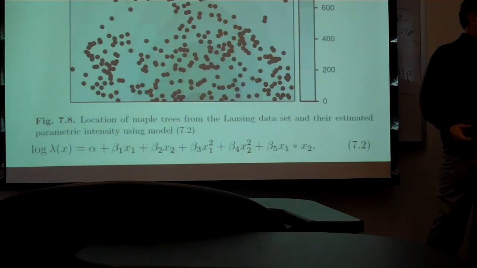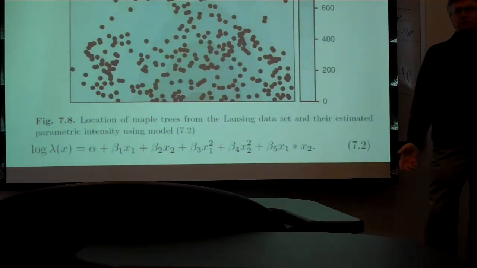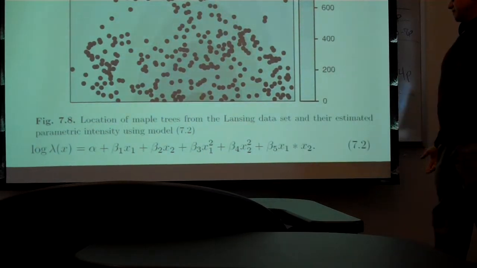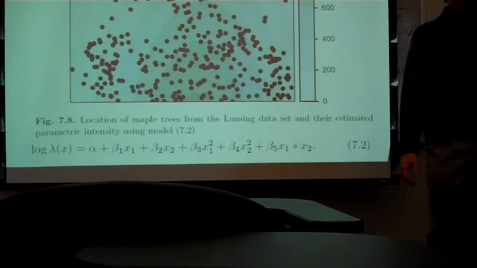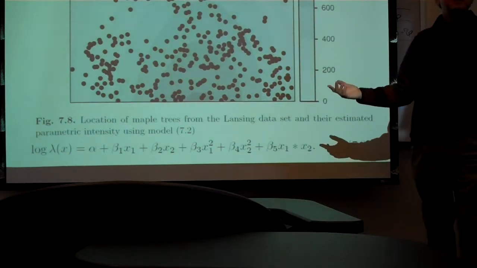And the flip side, of course, is you can estimate the intensity. If you have a homogeneous spatial point process, your estimate of the intensity function is just